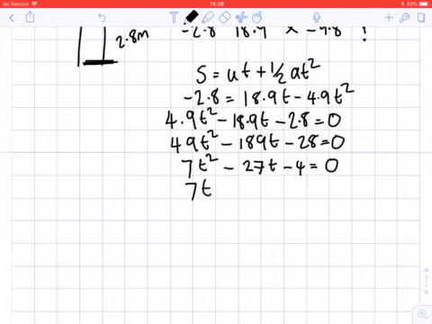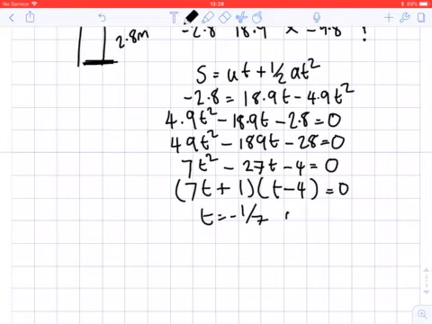So I'm going to have a bracket with 7t in, because 7's prime anyway, and a bracket with t, and I think we're going to end up with plus 1 here and minus 4 there, which gives values of t equals minus a seventh or 4. Now obviously we can't have minus a seventh as a value, but it might be worth considering where that comes from and what that's about. So my t value is 4 seconds. It takes 4 seconds